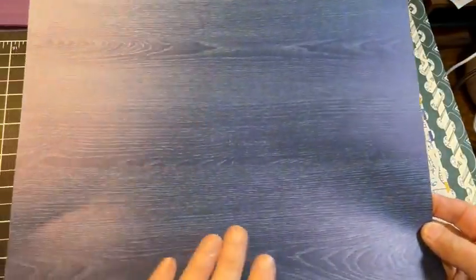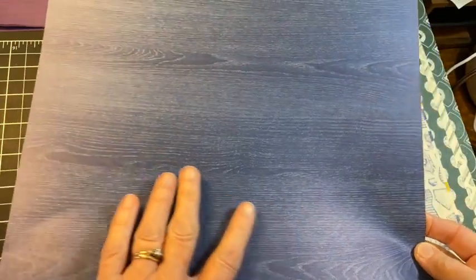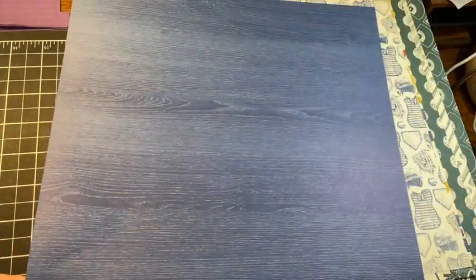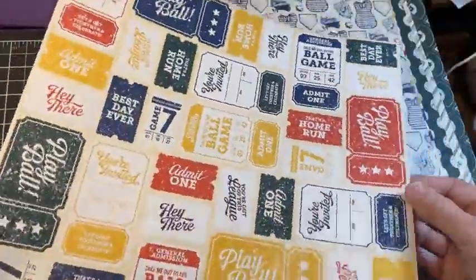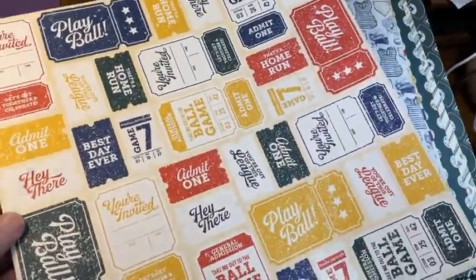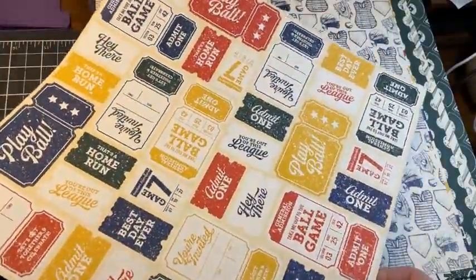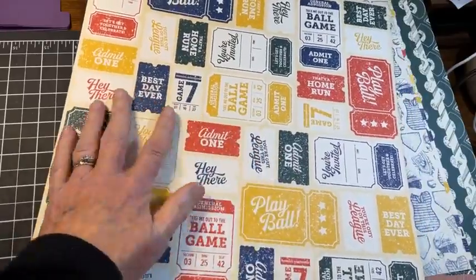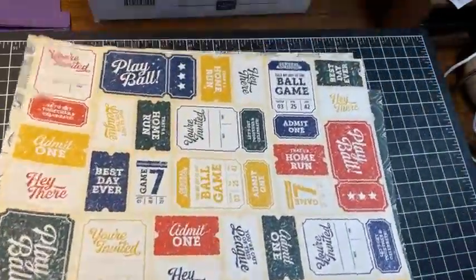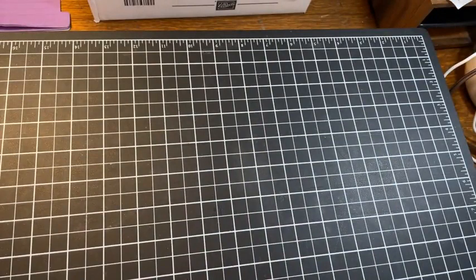And then this is wood grain, but in Night of Navy, I believe it is. I should look and see if it's Night of Navy. Yeah, Night of Navy. And then on this side is all things tickets. And I don't know about you, but I love ticket kind of memorabilia, that kind of thing. So this would be a lot of fun too. So that's called Hey Sports Fan. And now we've got